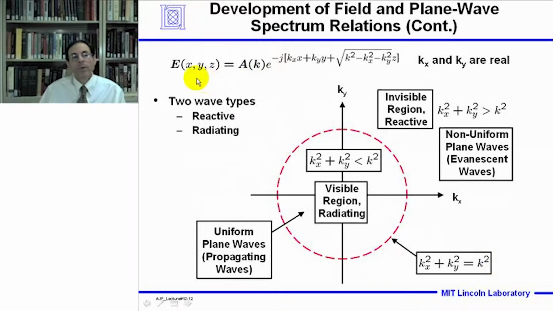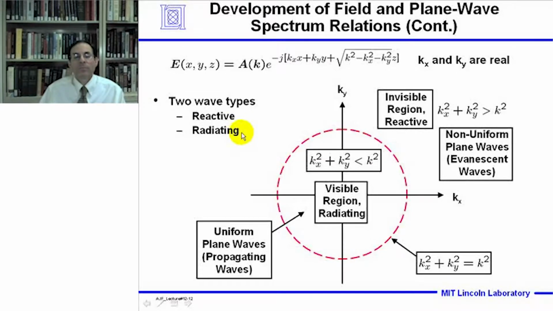And so what we've done here is now write the electric field in the near field that's equal to the plane wave spectrum times this phase factor, which is written in terms of the kx and ky components. Kx and ky are real. So there are two wave types. There are reactive waves that don't propagate to the far field, and there are radiating waves that do propagate to